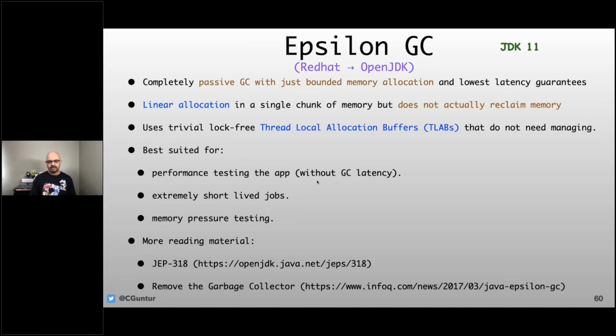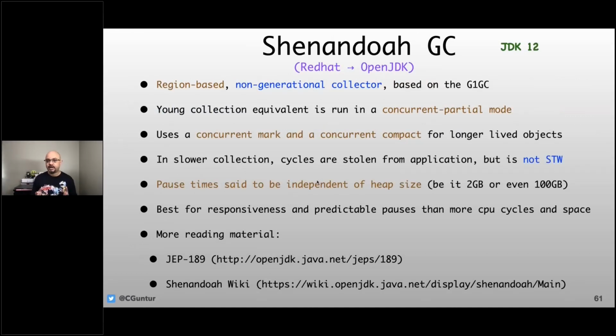The third GC that I'm going to talk about is Shenandoah. And Shenandoah is the most recent joiner of the GCs. It is a non-generational garbage collector. It is based upon some very cool concepts which are quite similar to what ZGC does. I did not explain this in the ZGC, but the way this works is when an object is loaded into memory, it is given what is called a load barrier. And that load barrier is basically a threshold to when that object is actually loaded after you've requested it to